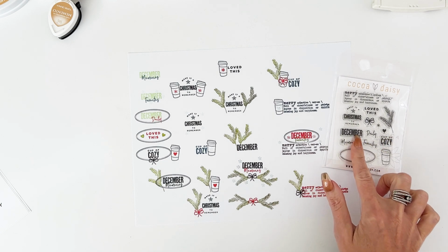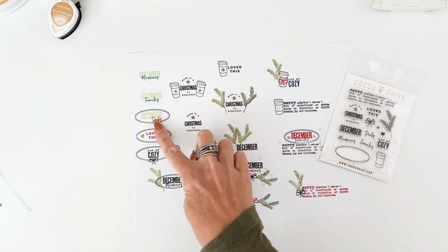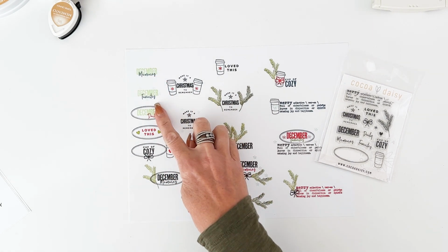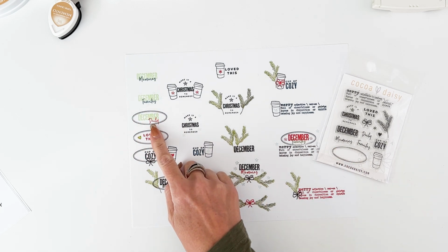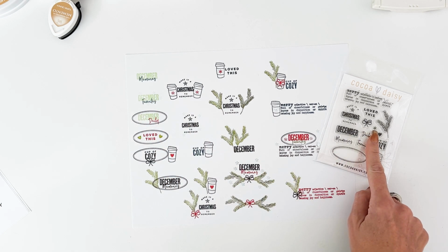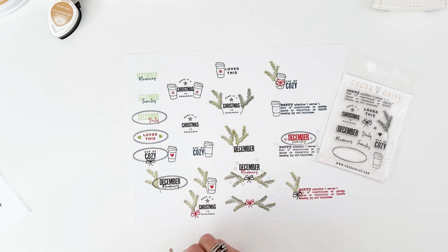We have the larger word December here, and that is made to work with the memories, favorites, and daily. So you can intertwine those. You can do December memories, December favorites, December daily. You can do them in different colors. You can add the oval in there as well. I stamped a couple of the little teeny snowflakes, and my blue is a really light blue, so it might be kind of hard to see, but there are little snowflakes around there as well, which actually reminds me